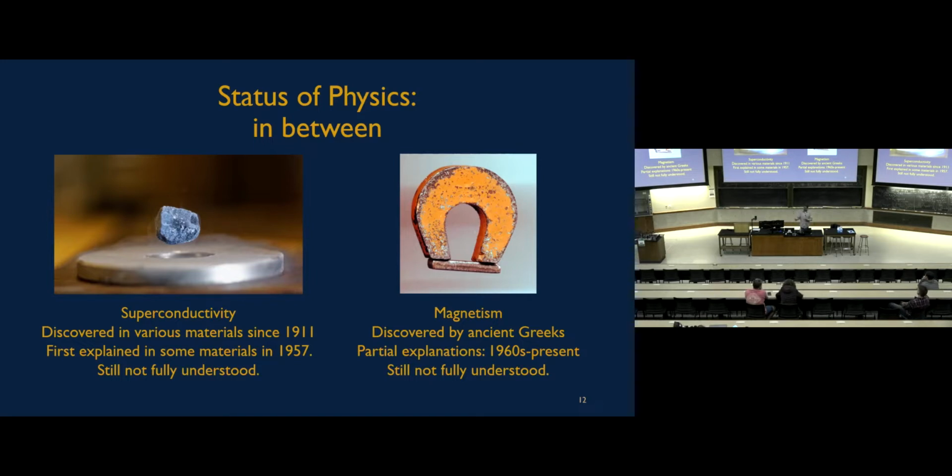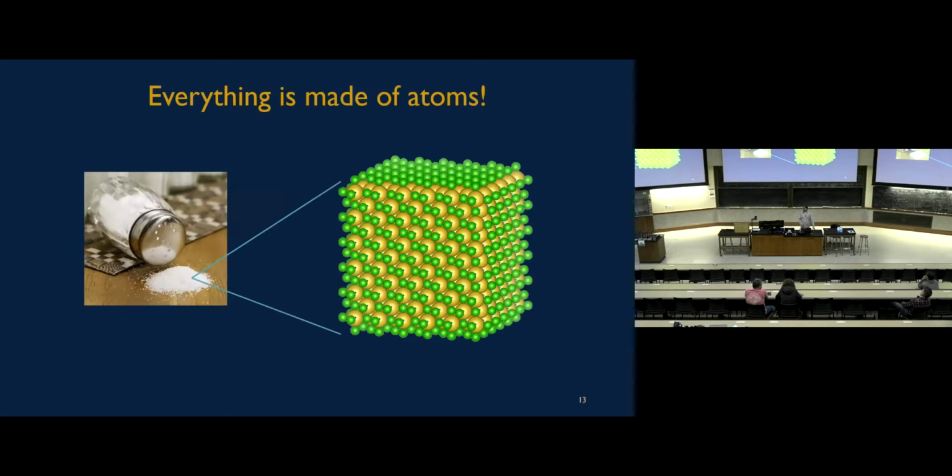So yeah, these are some things that we still don't know. But we have some ways to figure it out. If we know how atoms work, and we know that everything is made out of atoms, okay, so for example, that's salt over there. If you zoom in a lot, you will see that eventually it's made out of atoms. And we know how atoms work, how atoms collide with each other, how atoms attract each other, and so on. We should be able to figure out how any material works just from the fact that we know how atoms work. That's the dream, right?